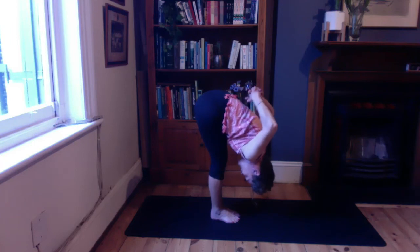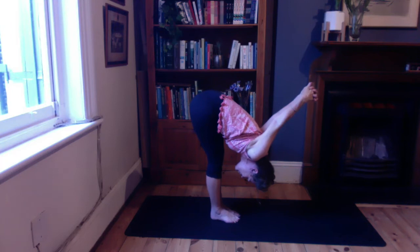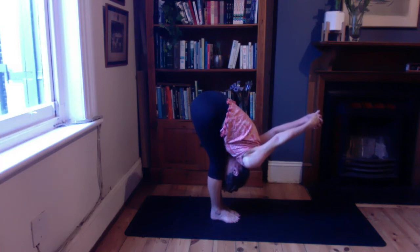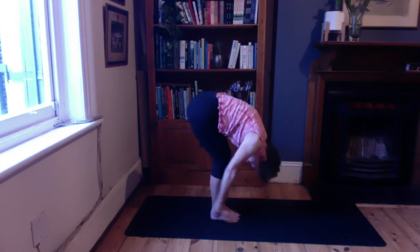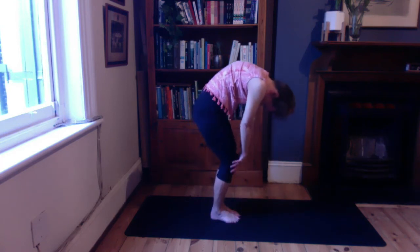And now as a little relief, take your hands behind your back, clasp them together, stretch them up and over, try and get the palms close, and that will take your shins and foreheads towards each other. And release the arms, and soften the legs, and roll up. Nice and smoothly